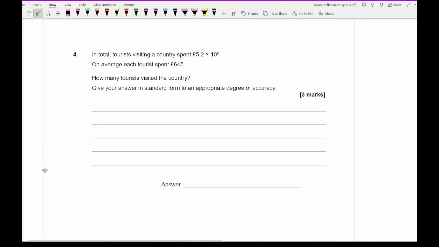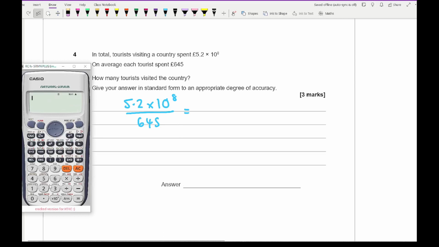So looking at question 4, it says that in total tourists visiting a country spend 5.2 times 10 to the power 8. On average, each tourist spends £645. How many tourists visit the country? And it says give your answer in standard form to an appropriate degree of accuracy. So looking at this, we've got 5.2 times 10 to the power 8, and we're dividing that by 645. So if I type that now into my calculator, I've set up my fraction, 5.2 multiplied by 10 to the power 8 divided by 645, and it gives me an answer of